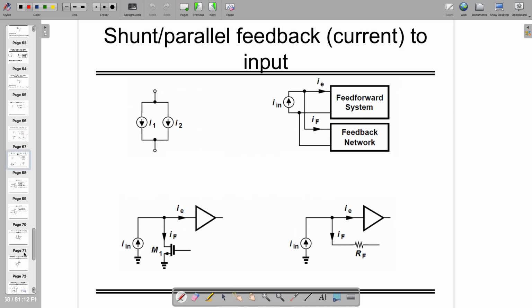Now the next possible thing is the input is actually current. So if input is current, feedback has to be current. And if I'm interested in finding out the following, if two currents are in shunt, then as per KCL, I know that if this is I, then because of the polarity, it has to be I1 plus I2. Here also you can see the same thing over here.